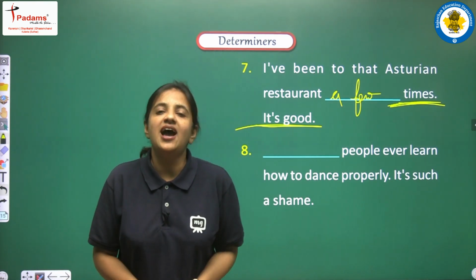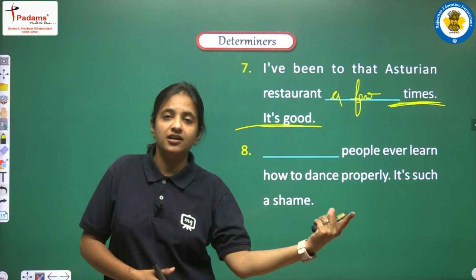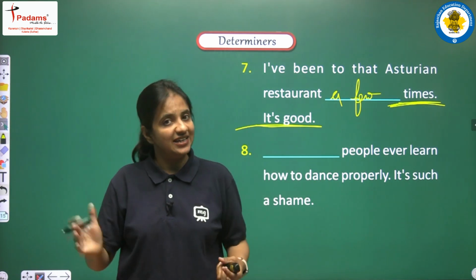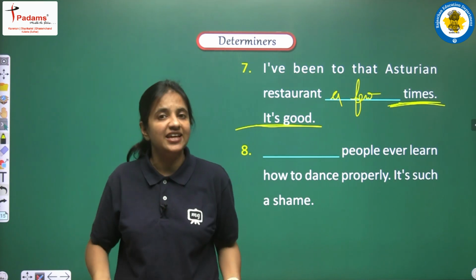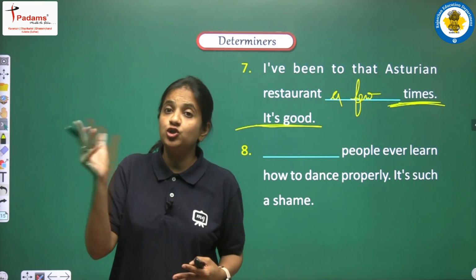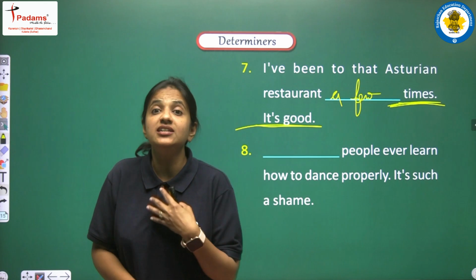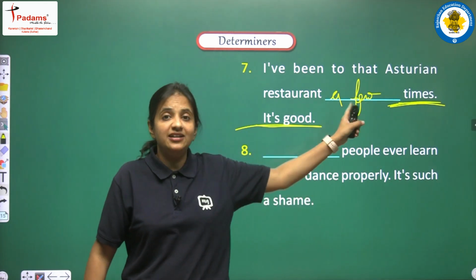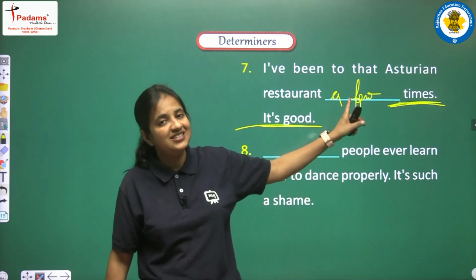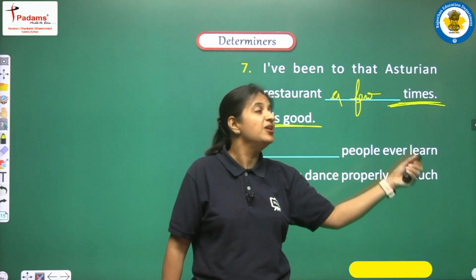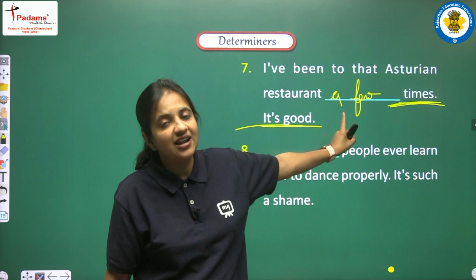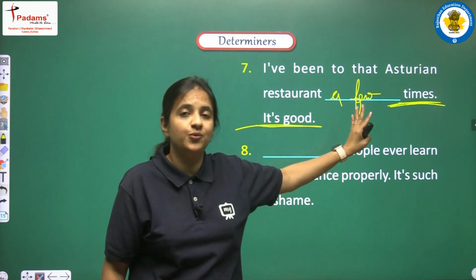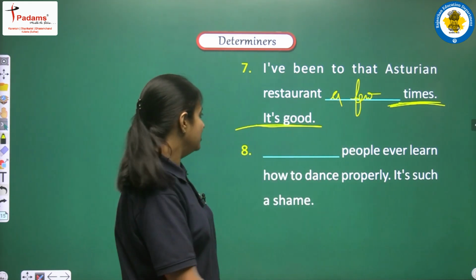We can say that I have been to that temple 5 times. I can say that I have been to aeroplane 3 times. I can say that I have been to US 2 times, right? So we can count the times. It is not time, it is times. So this is the reason now we are having a countable noun, and we are trying to give one positive meaning. So for that, here our option will be a few. Clear? Next,